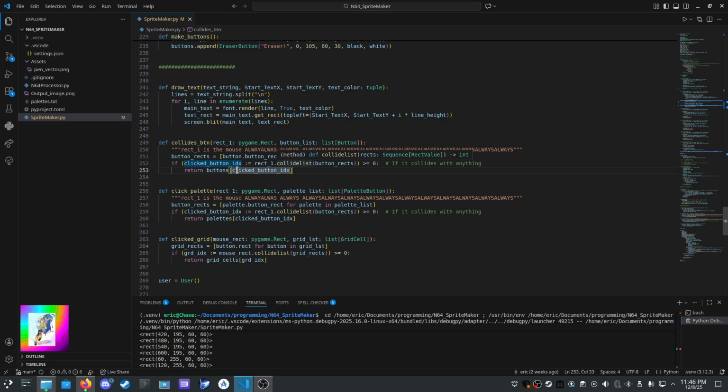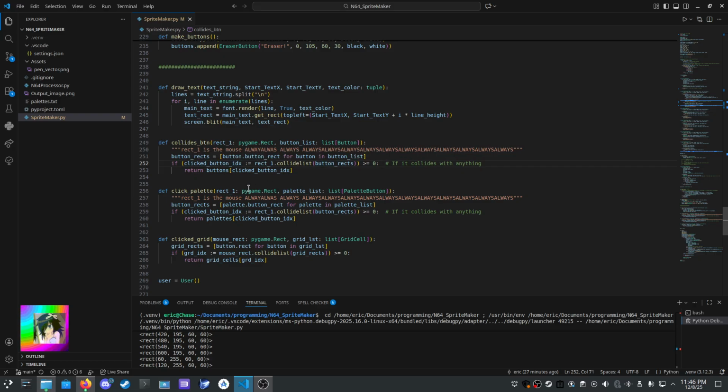So we're saying clicked button index equals, and this walrus operator here is great. What it does is it says clicked button index equals rect1, which is mouse.collides list buttons rect. So it's saying if this is true, we're going to assign it the result of it.